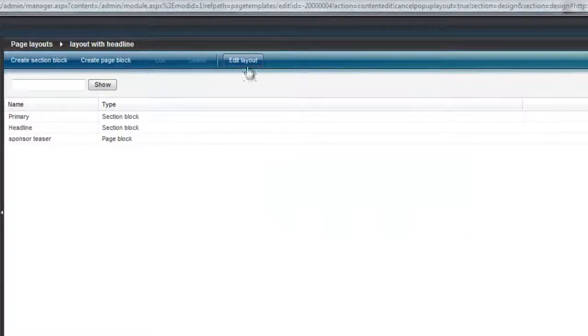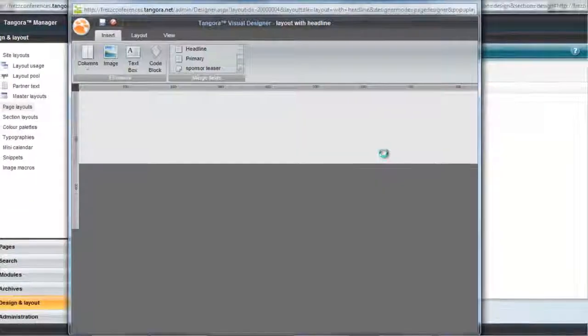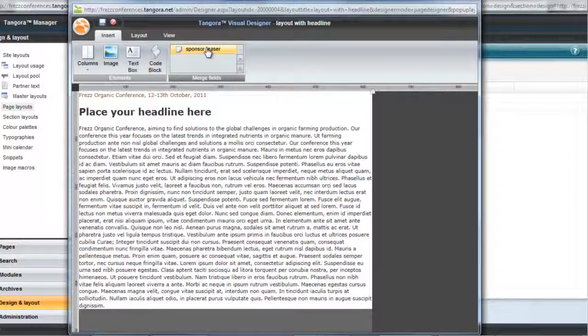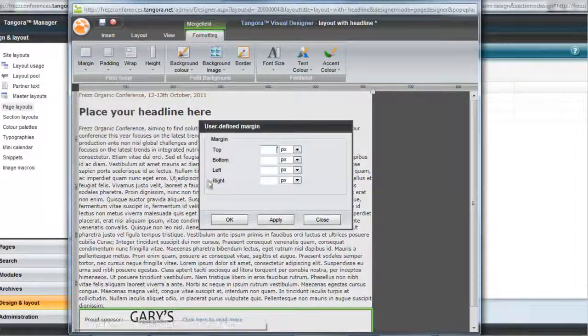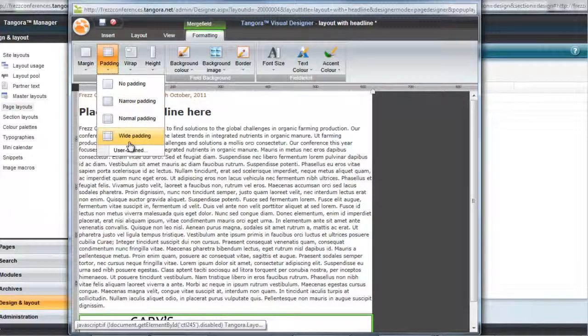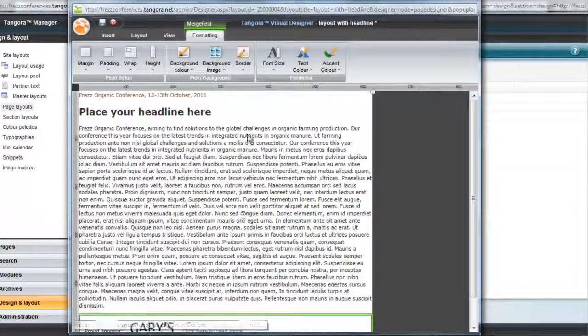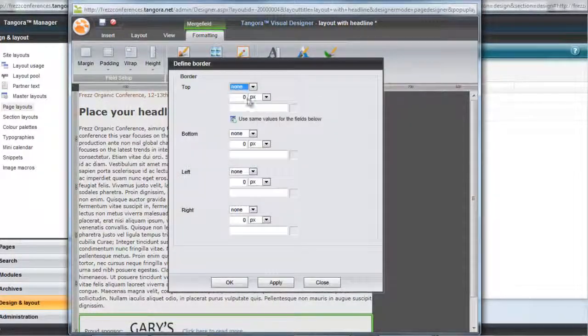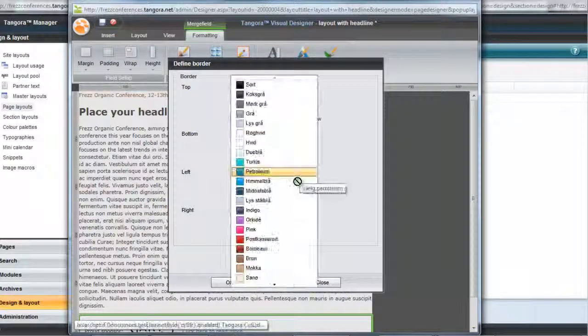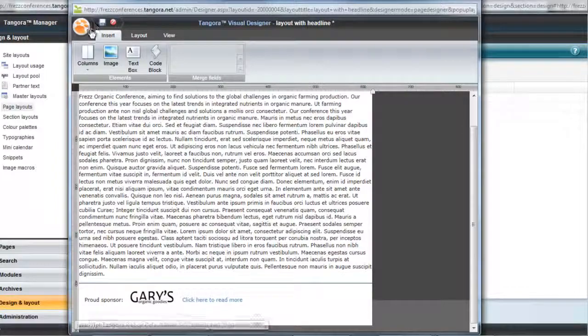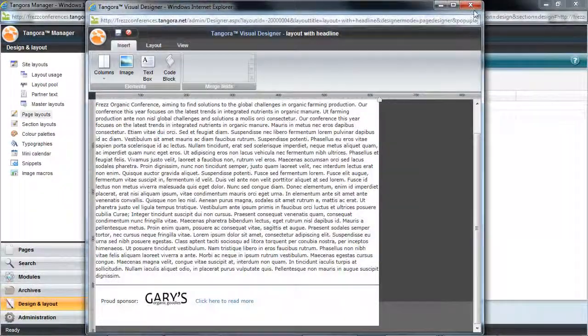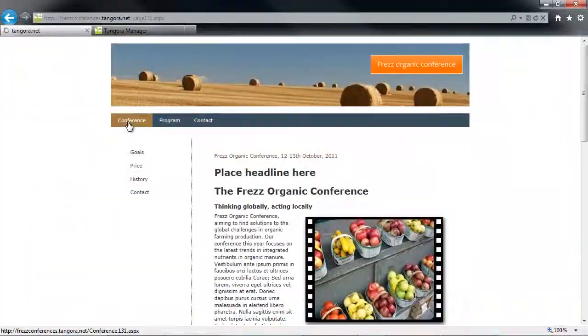What remains is positioning the page block in our layout. I'll see that our new page block is right up here in the overview of merge fields, and then I can just click on it and it will automatically appear at the bottom. I just want to add a bit of margin and padding and a border. Note that I could achieve the same effect in the module layout, but here I'm demonstrating that you can combine formatting, and I think it's a bit easier to add margin and padding and a border in this context. And then I'll just save, and then we can see the results as we're browsing through our pages.